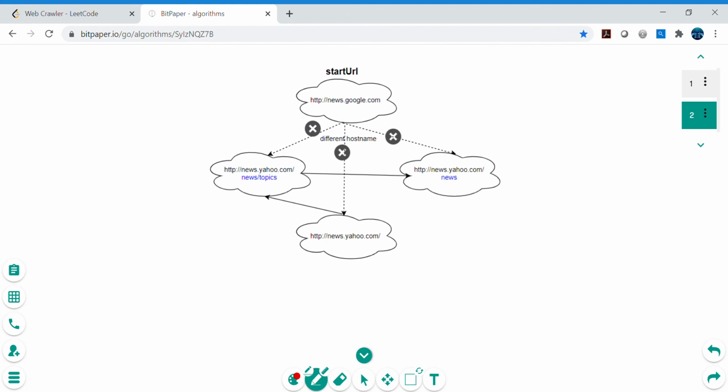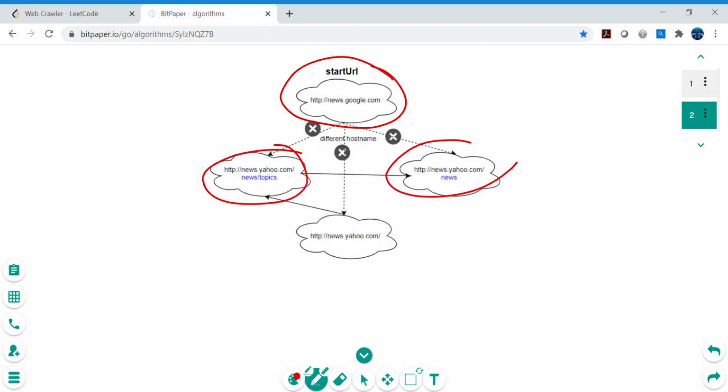Now this is example 2 that has been given. Let's say we start from this URL, and the API that has been given returns these two URLs to us. Then we will check if it contains news.google.com or not. It says news.yahoo.com, that's not the same as news.google.com. Here also news.yahoo.com, that is also not the same as news.google.com.